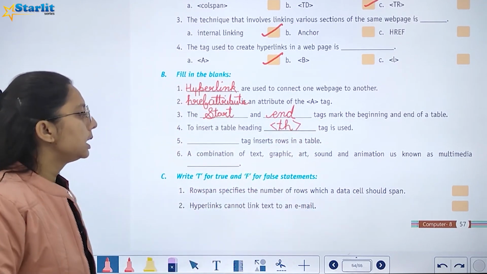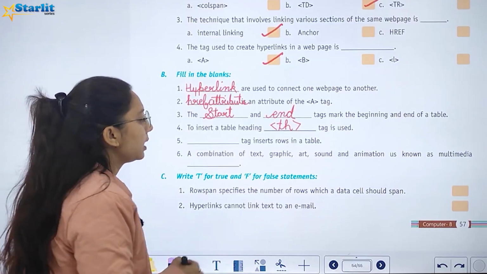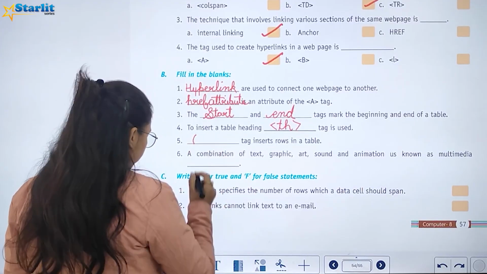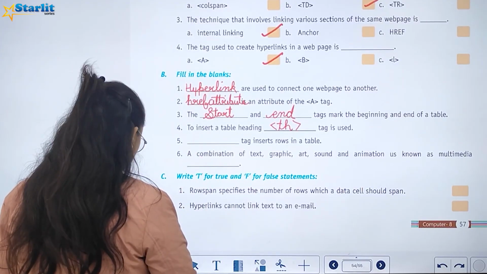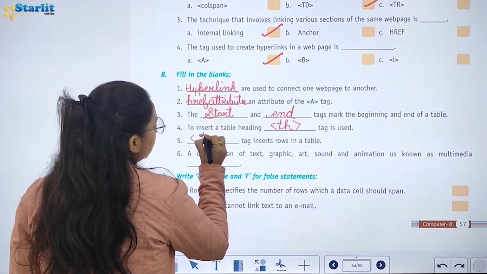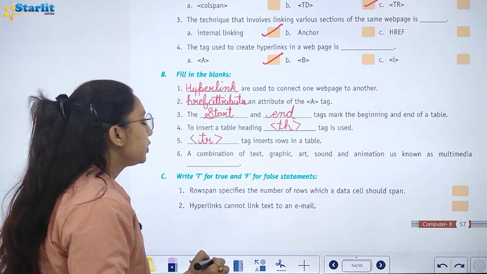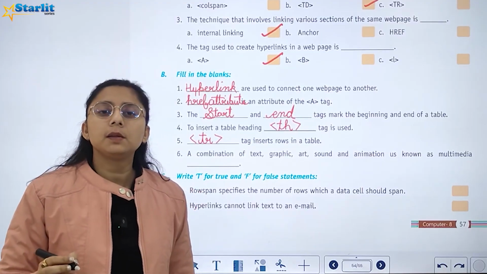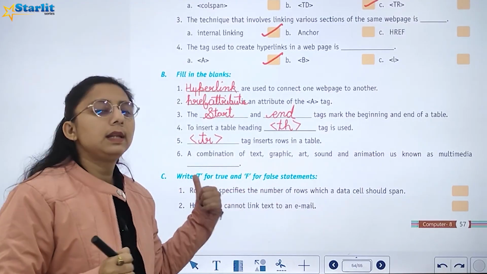If you want to insert a row in a table, dash tag inserts a row in a table. That is your tr.